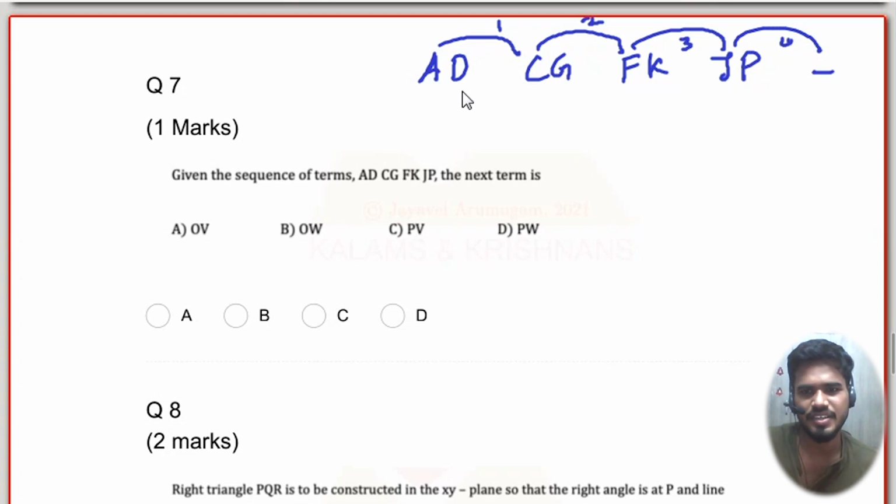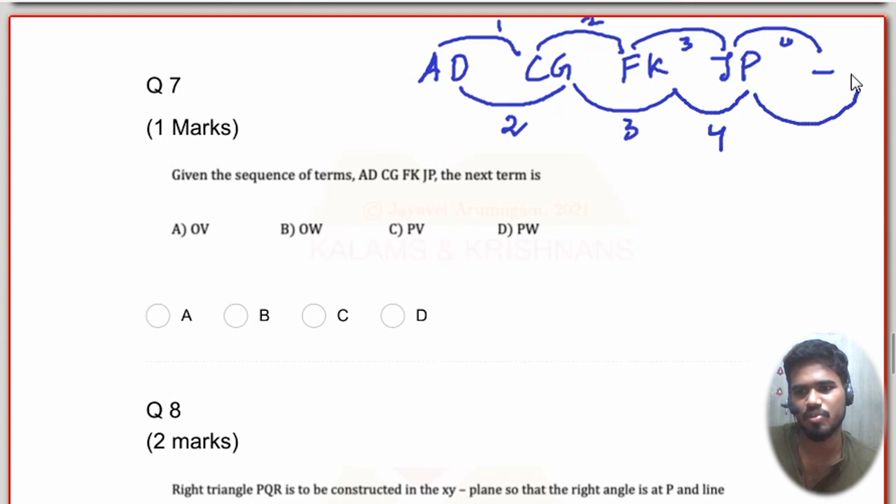And here D to G, D, E, F, G, there is a jump of 2. I suppose there is a jump of 3. And then there's a jump of 4. And then there should be a jump of 5. We have discussed this combination series. Notice increasing series 1, 2, 3, 4. Gap is increasing. Again, this gap is increasing, but starts with 2.